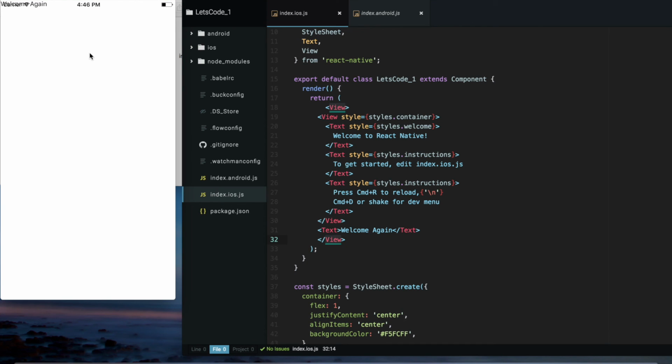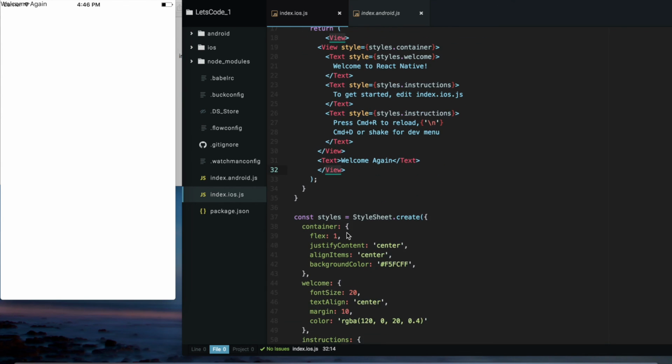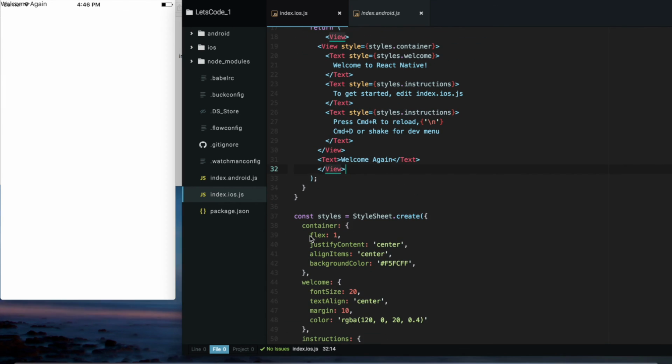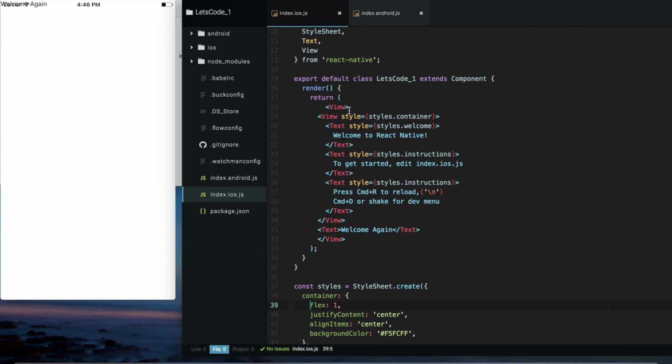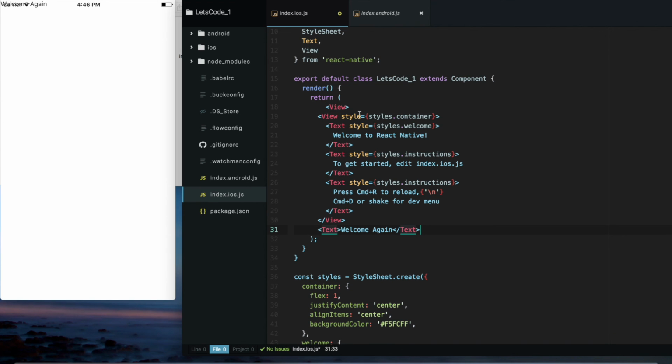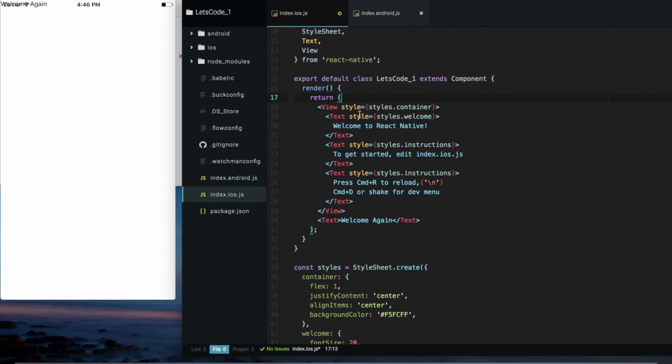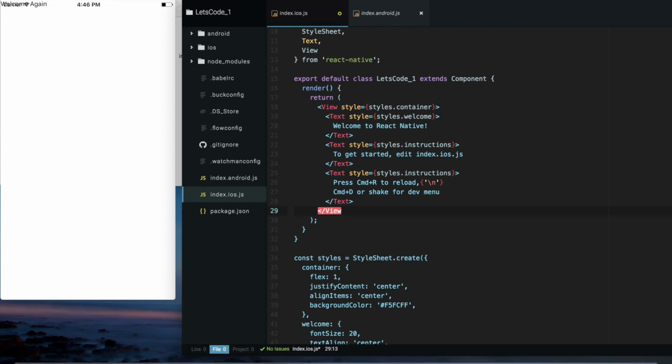Then you see that the styles get messed up, because in order for that to work, you need to modify this. You need to add some styles to this root view to make it bigger. So the easiest way to resolve this is just to put this inside,